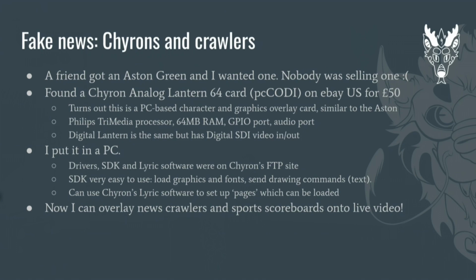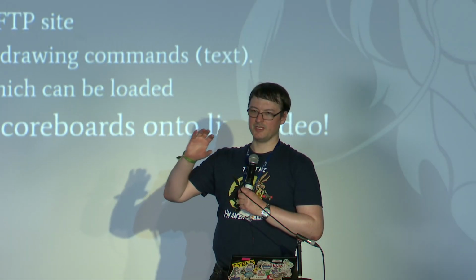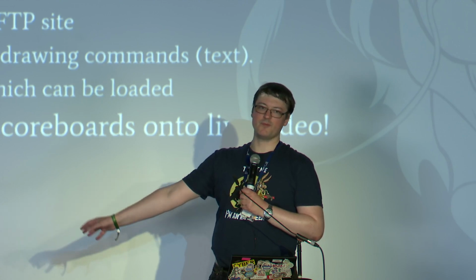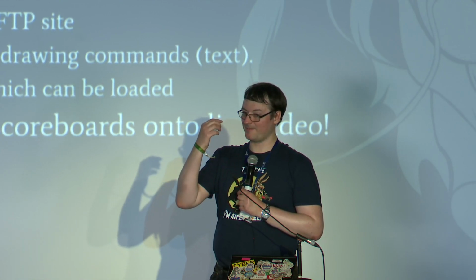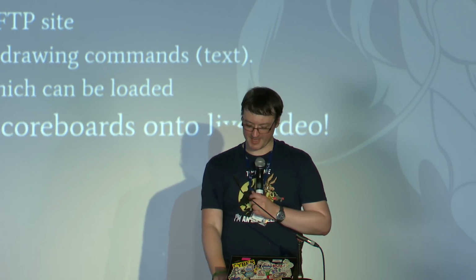Character generators are a fun one. If you've seen the little banners along the bottom of the screen on BBC News, for instance, they're generated, I think the BBC use Aston character generators, but it's a box that sits in line between the camera feed and the actual transmitter, and its job in life is to take text data from the computers in the production suite and put that all together, overlay it onto graphics,